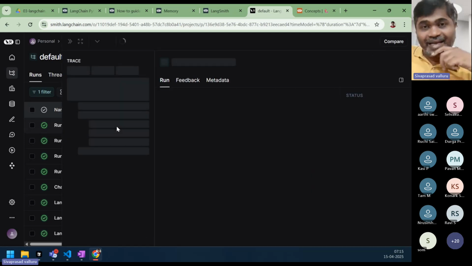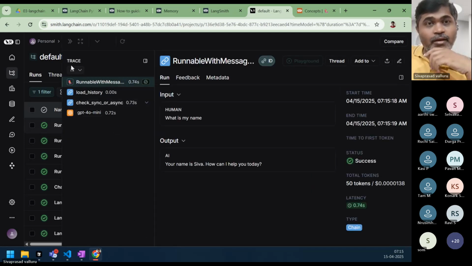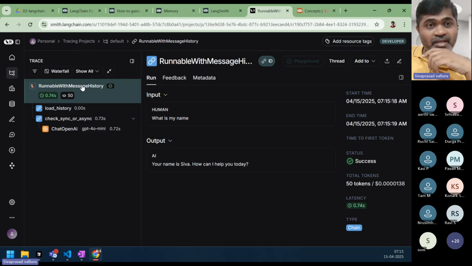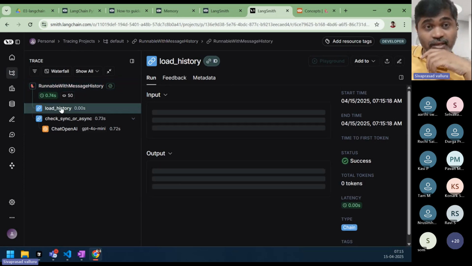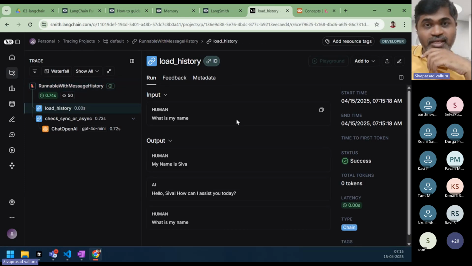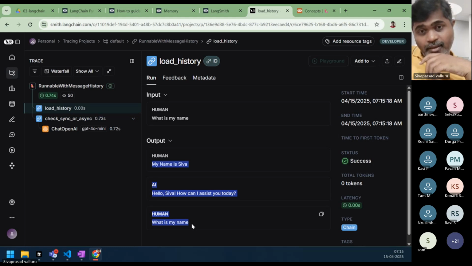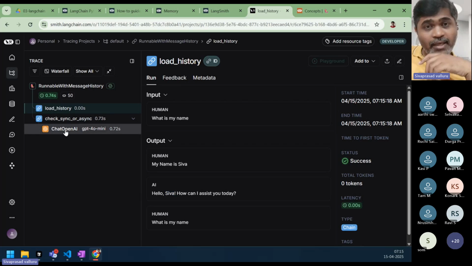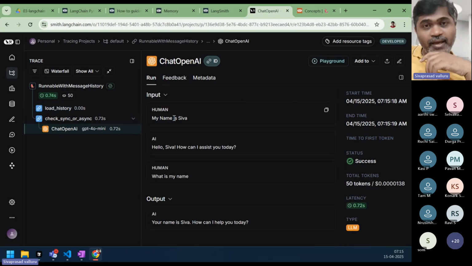Here I am actually calling this runnable with message history. It is first loading the history. Do you see? The input to this load history is the current message, what is my name? What is the output? It is loading all the previous history. This output is passed to chat OpenAI. If you see chat OpenAI, it has my name is Siva, the AI message, and what is my name. It has the entire history when it goes to chat OpenAI,